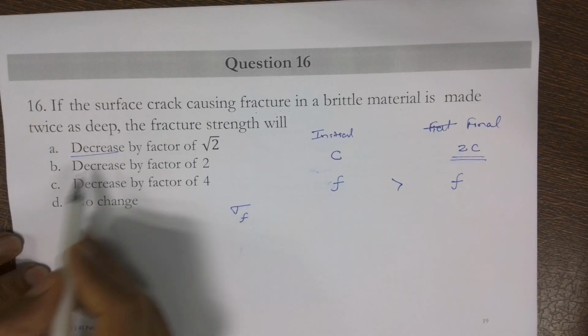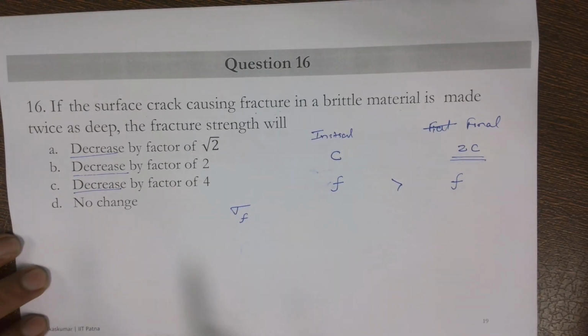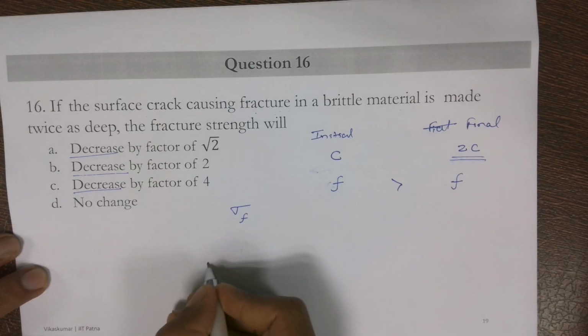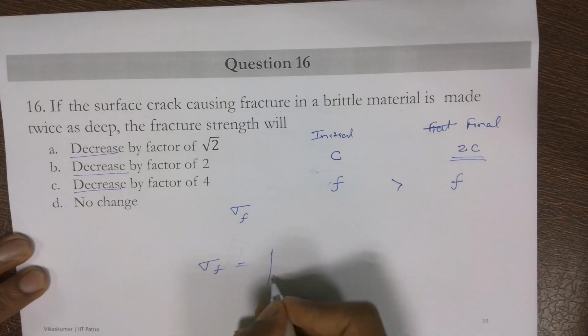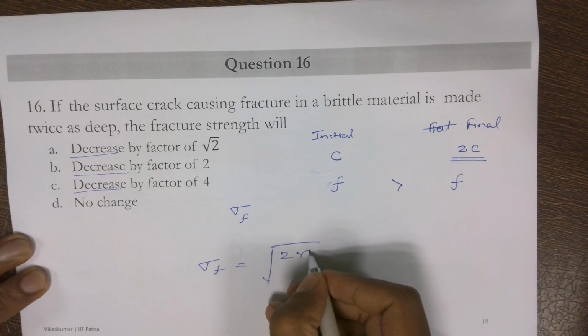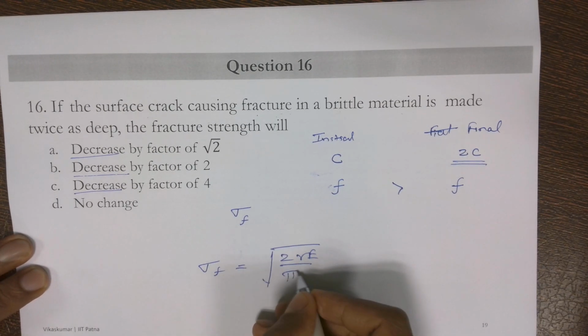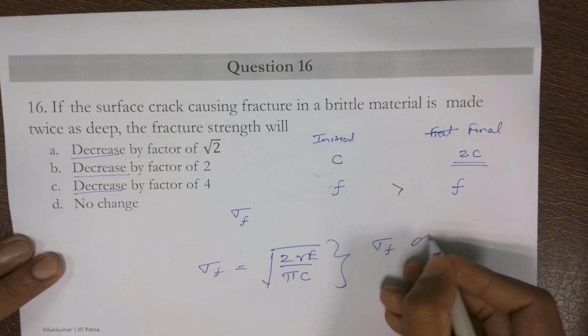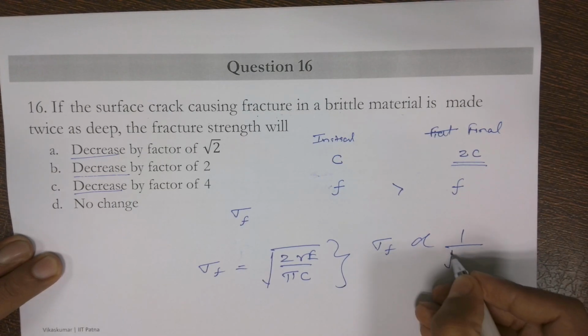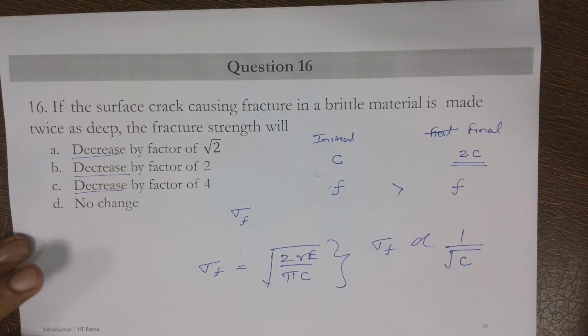So that's why everywhere the decrease is there. Now by what amount? To answer this, we'll use the Griffith criteria. So from here we can see that the stress required for the fracture is inversely proportional to the root over C,